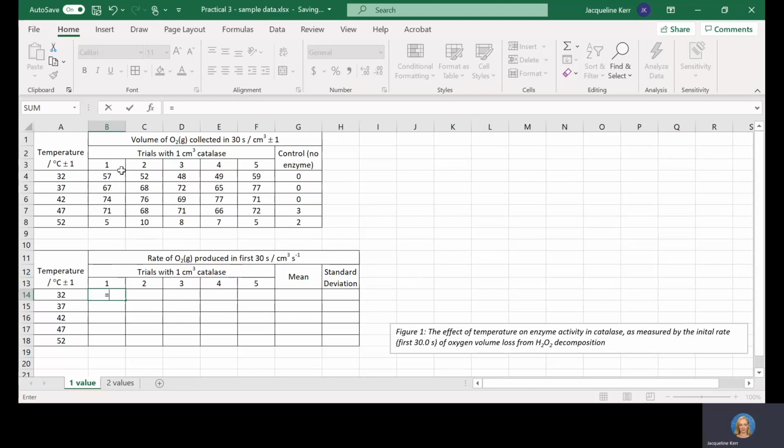Here I'm going to click on the box with the first lot of information for the first trial at 32 degrees. Now that was my volume of oxygen collected in 30 seconds. So per second, I just have to divide that value by 30. That's pretty easy. So what I can do now is click on that answer that it's generated,